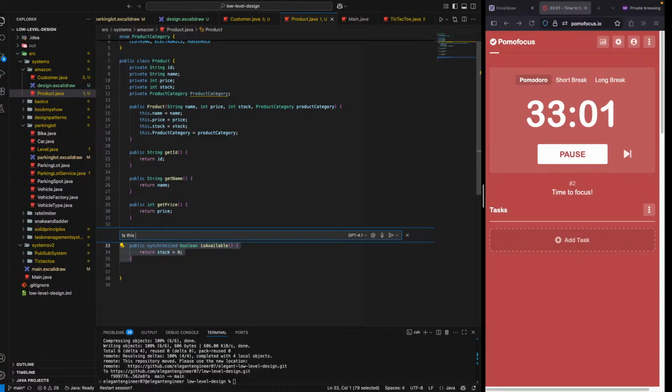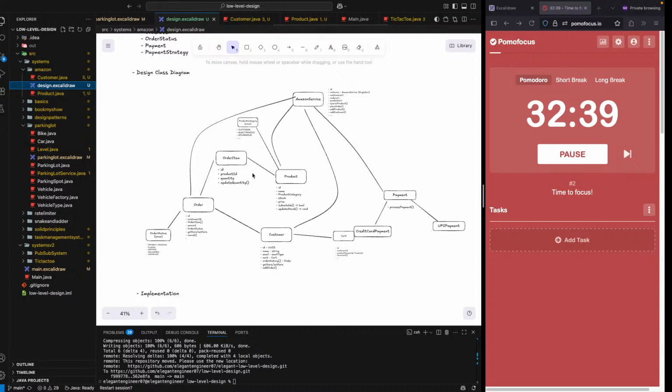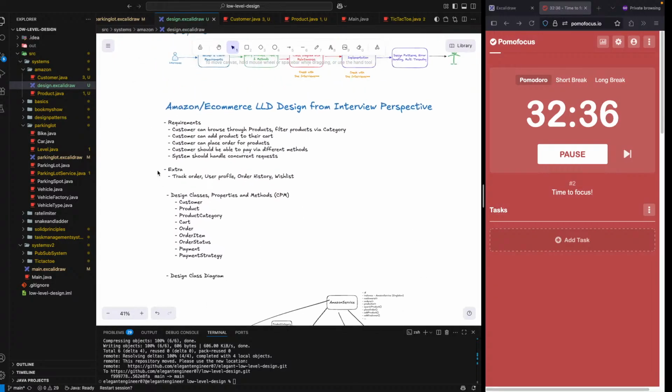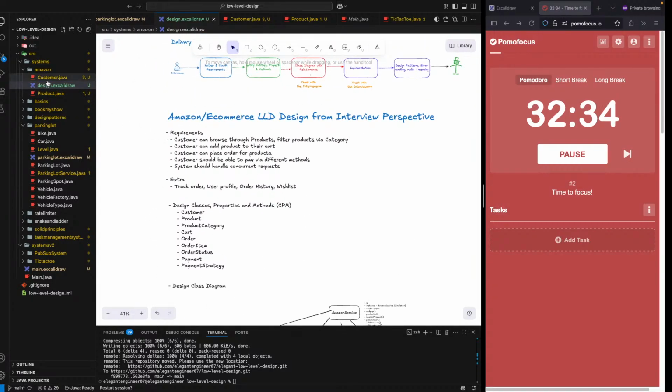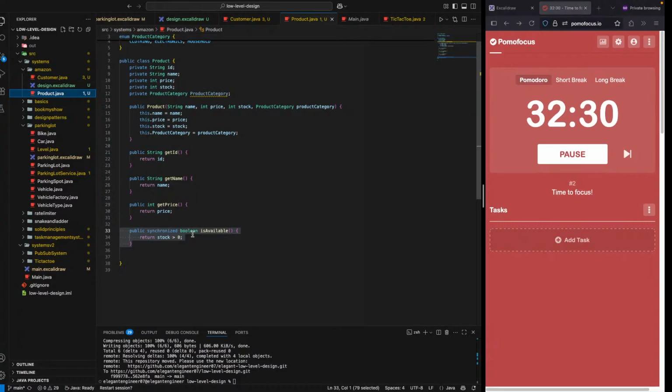Is this a good way to handle concurrent requests? Please help me understand and give alternatives as well. So one of our requirements was that the system should handle concurrent updates, concurrent requests. Basically, two different threads, maybe me and Manas here,